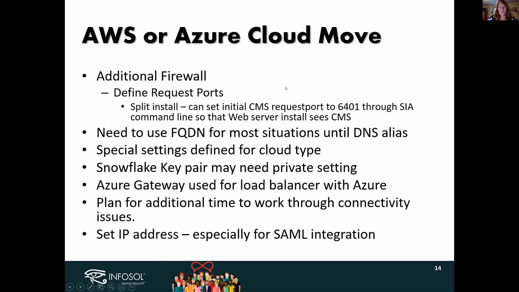Plan for additional time. When you're moving to the cloud, just plan for additional time to work through connectivity issues. It seems like every site that I go to, we're working with a team of people, and sometimes we're working with multiple teams of people that don't talk to each other. So it's just one of those things that seems to add a little bit of time, just because we're all not as used to it as we are some of the other things that we're working with. So I get it, but communication across teams is increased when you're moving to the cloud,